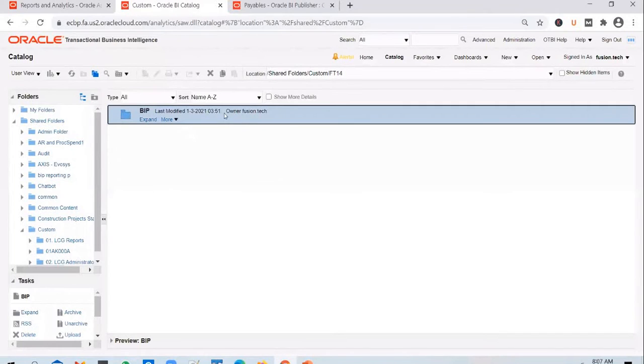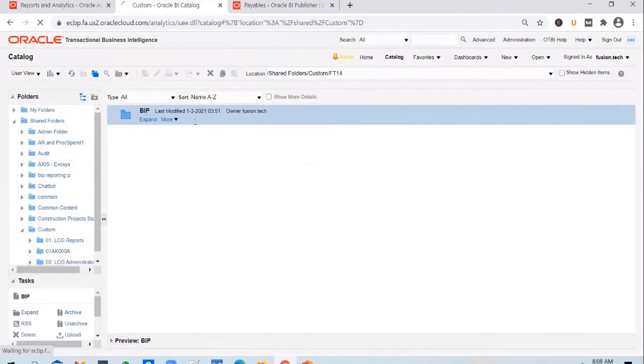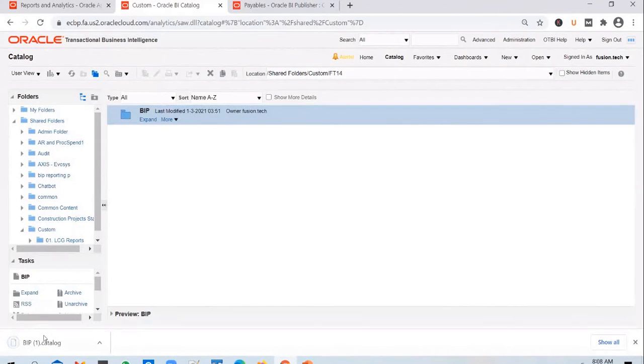Okay, and you want to migrate all of them to a higher instance. Then what you can do is archive and unarchive the folder as a whole, so that all the reports that are part of that folder will get migrated. Say for example, if you archive this folder, there is only one report, but even if there are 10 reports, all of them will be included as part of the definition of this folder.